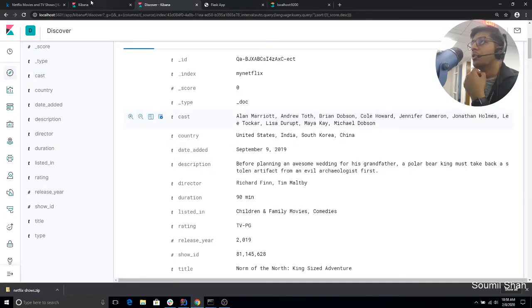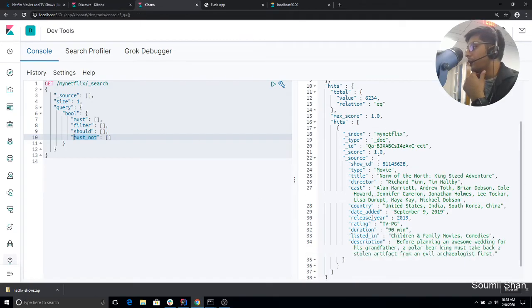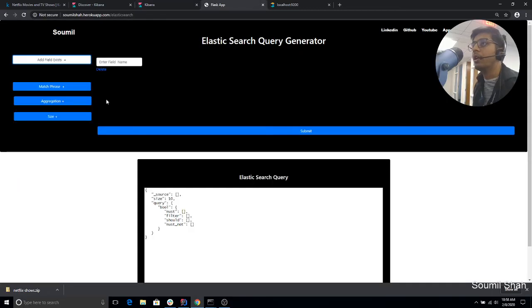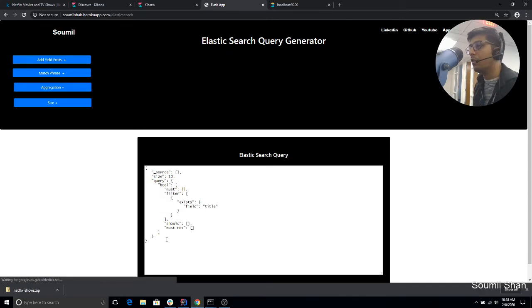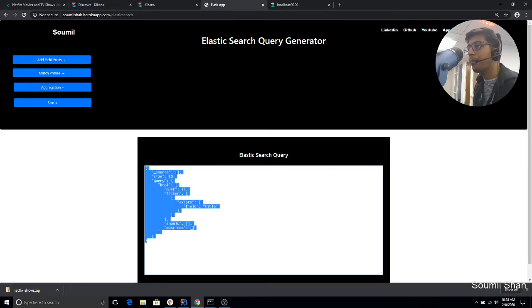Now what we will do is come to our Kibana Elasticsearch. Now you can just add a field. I just want to make sure that I don't get any none values, right? So I'm going to add this here, hit the submit button. It's going to generate the query for me. So here you can see, copy the query